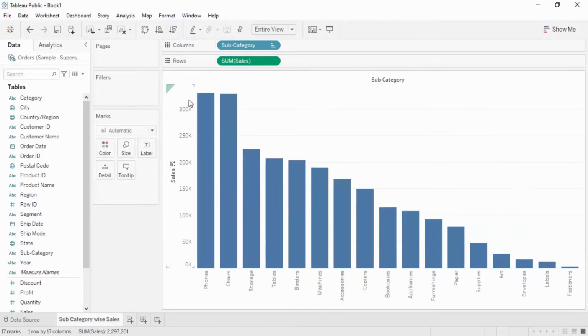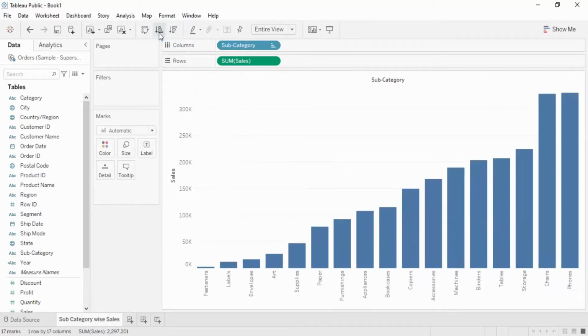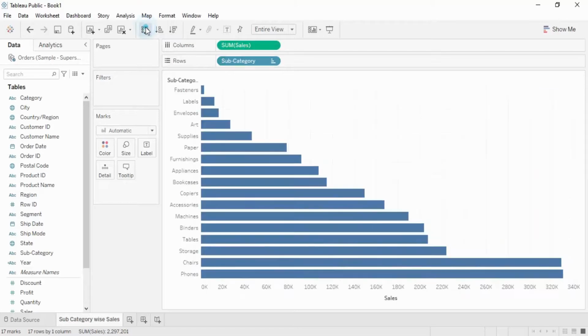You can just select that, and with the help of the sales amount, the subcategories have been sorted in descending order. If you want ascending order, you can just select this one, and they are now sorted in ascending order like this. This is the swap rows and columns option with the shortcut Control W. If you do that, earlier the sales were present in the rows, now the sales is present in the columns. So the bar chart has been changed into this kind of chart, a column chart, right? So this is how you can control this.